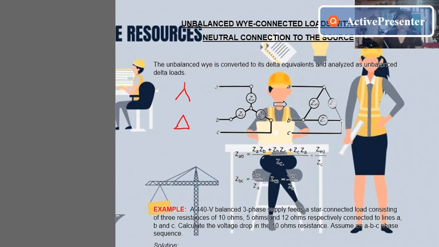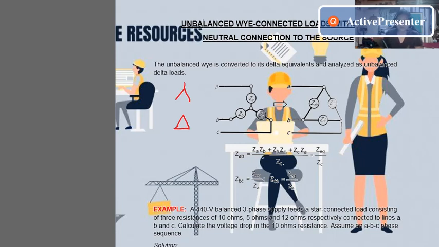Our formula to convert Y to delta: ZAB is equal to ZAZB plus ZBZC plus ZCZA over ZC, or our total equivalent impedance. And for ZBC, same, Z equivalent over ZA, and for ZCA,